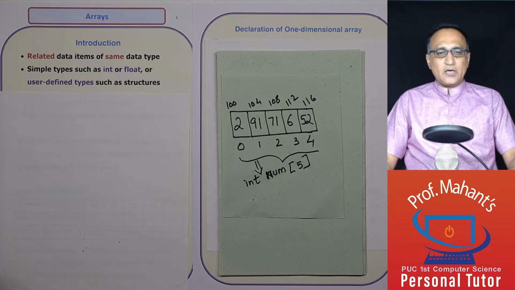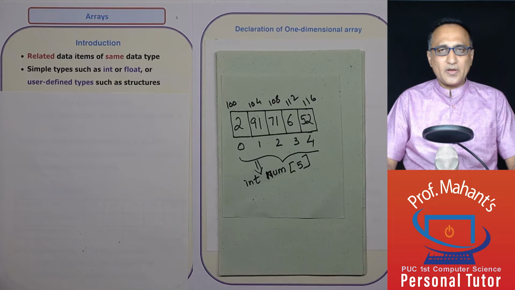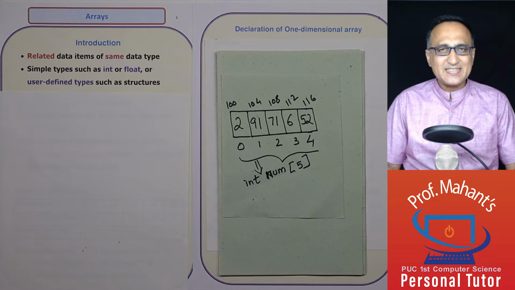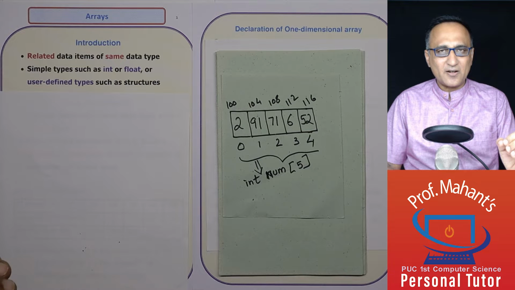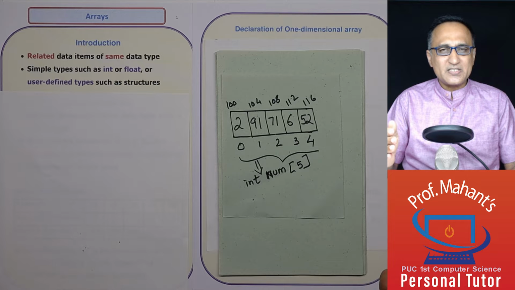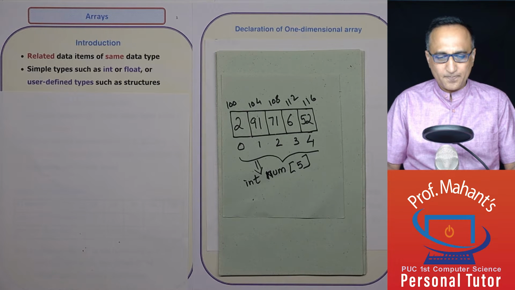Now, let us say I tell you I want to store the roll number of 500 students. So what you can do is declare the first variable as int r1, second as r2, r3, r4, r5 until r500. Each of these variables can store the roll number of one student. Now let us say I increase the number of roll numbers I want to store to 10,000. It's not a great idea to keep typing R600, R700, R800 all the way till R10,000